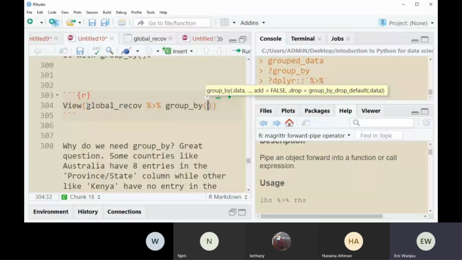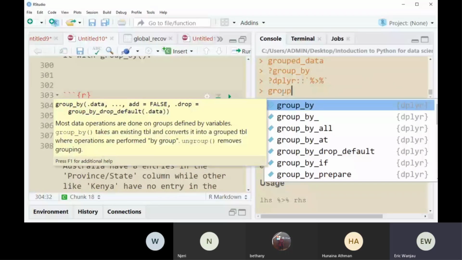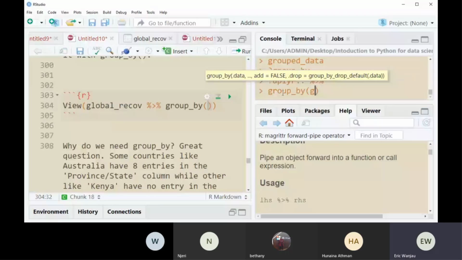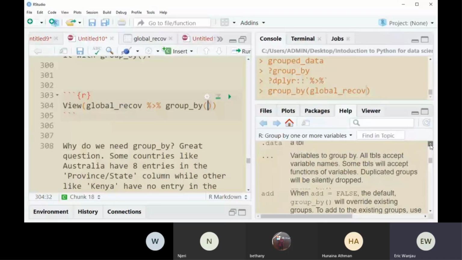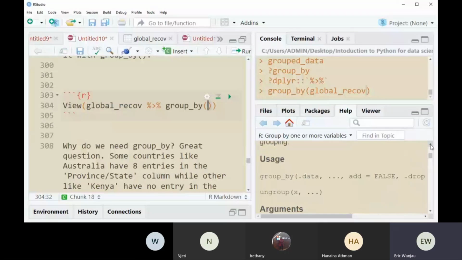So this will be just the same as if I wrote on my console, group by global recovered. It's just the same. It's just that this one we have written directly, but with this we have piped a result on the left hand side and put it in the group by command. So global recovered will take the first parameter in the group by command, because the first parameter of group by is the data. So we have piped the global recovered data set into group by, and then we want to group